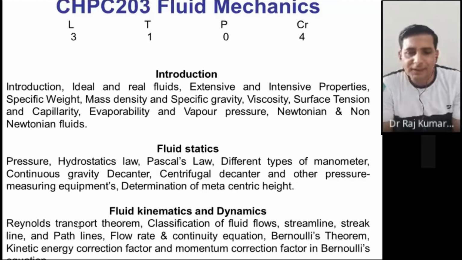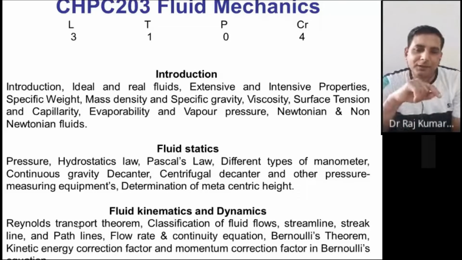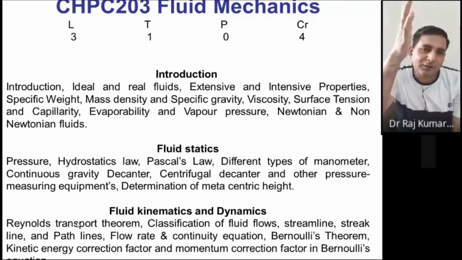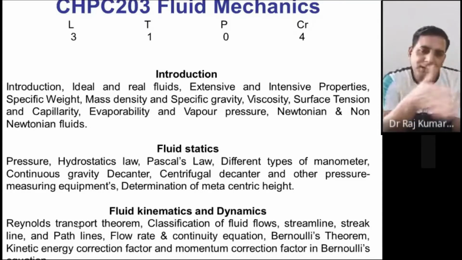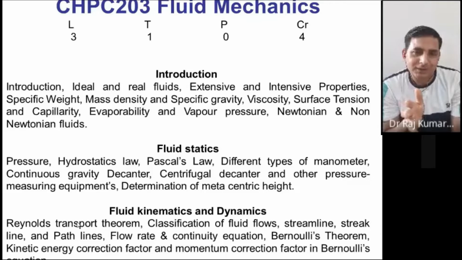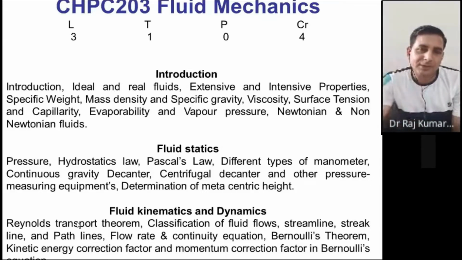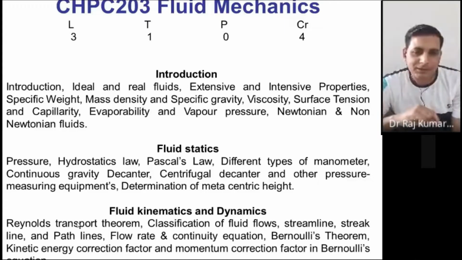So that's called a streamline. Then you have the streak line. A streak line here means a particle has moved. You are focusing on a particular cross section, and from there a number of particles are passing out. Let's say 10 particles have passed out from that particular cross section. Now you want to trace them at a particular time. So you just join the dots where those particles are. That's called a streak line.